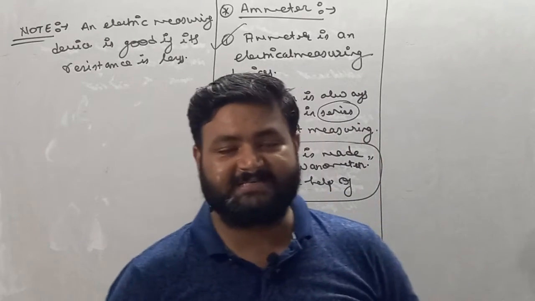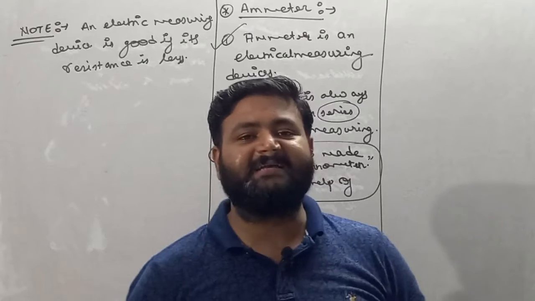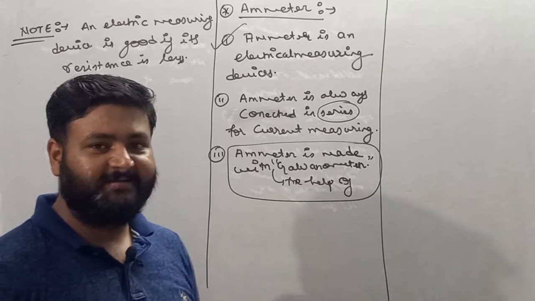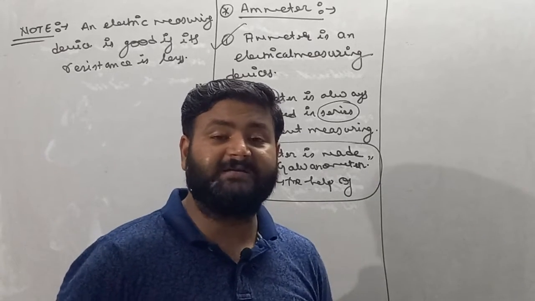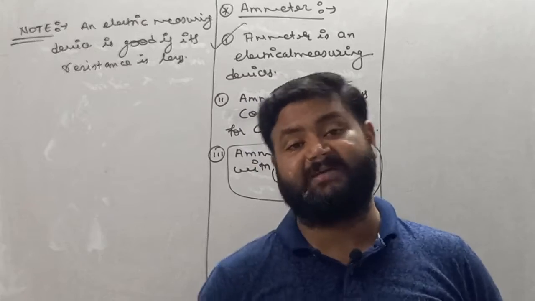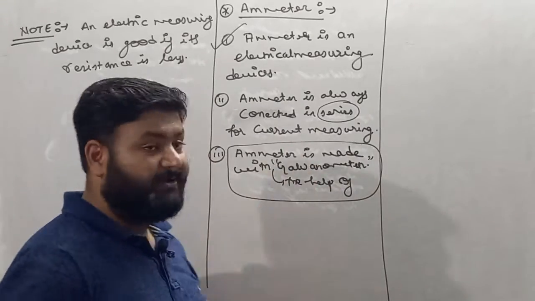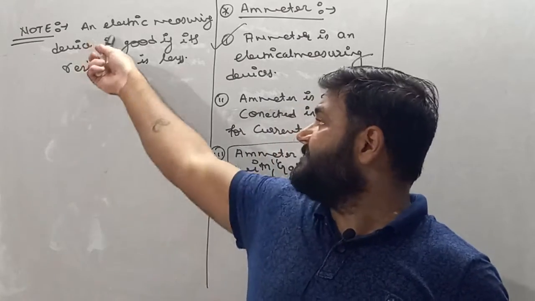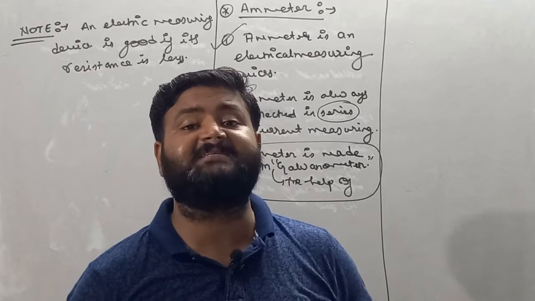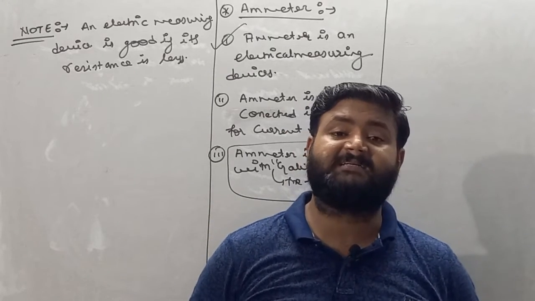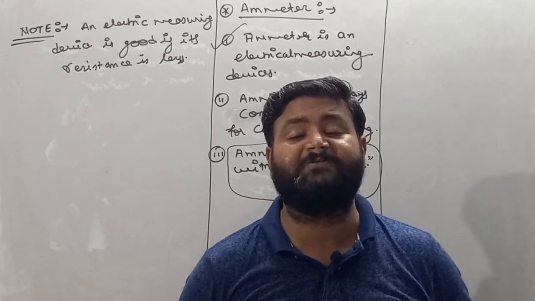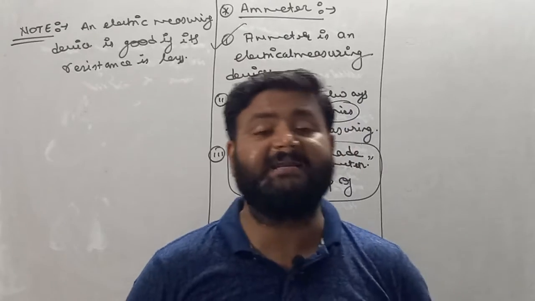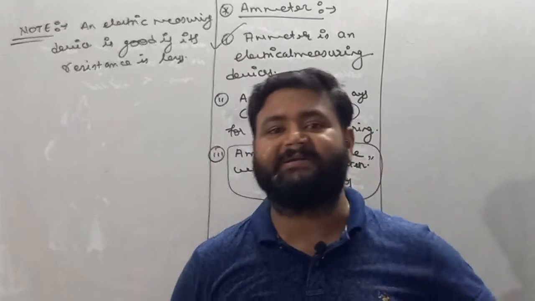We'll discuss here about ammeter. Ammeter is an electrical measuring device and ammeter is made up of galvanometer. Why will you reject galvanometer? You'll reject galvanometer as its resistance is very high. Now I am saying that with the help of galvanometer you can make ammeter. And one more important point, if the device is an electrical measuring device, then its resistance must be very less. If the resistance of an electrical measuring device is less, then that device gives you accurate reading of current.